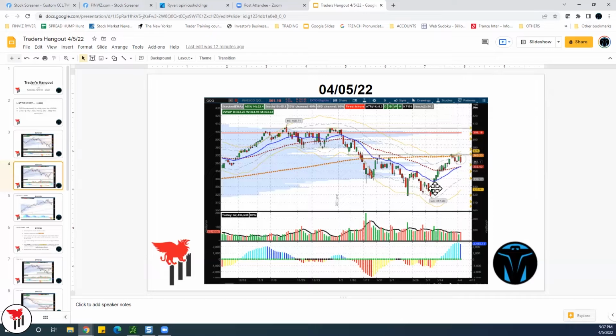The location is so prime for people that got long at the 320 to just take profits right there, right? Because you're up every time when you're buying in this type of location where you don't know if it's going to be a bullish or bearish move from there. There's a couple of things. First, you have to think who's holding the bag, right? And from where? If this is people that are actually trading for the longer term, that's the strong hands that we like to call the strong hands, institutional buyers and everything. They're not going to be selling the NASDAQ if they got the bottom, right? Calling the bottom like the 320.